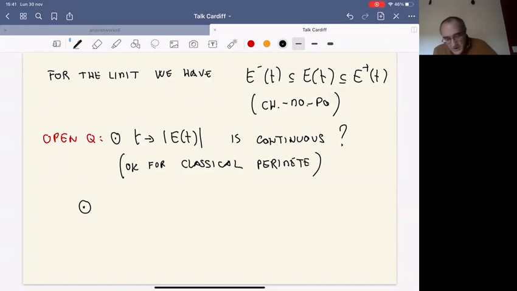Because, I mean, the limit does satisfy an inclusion with two sets, E plus and E minus, and these two sets do satisfy an equation in the viscosity sense. So in some sense, also the limit. But for example, it could be different in case of fattening. So does the limit satisfy some equation, in some sense?